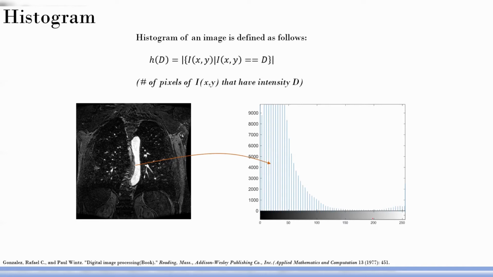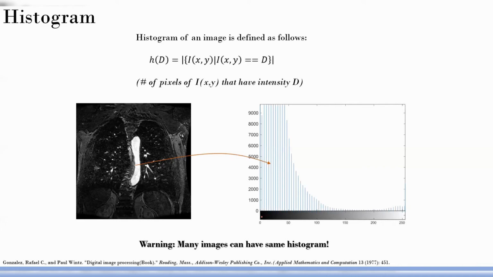Now I am going to give you a warning. The warning is: many images can have the same histogram. Read that sentence two or three times, because when we go to the histogram from an image, we are essentially losing the spatial information. The histogram only tells me that an intensity 0 is occurring, let's say, 9,000 times in the image, but it is not telling me where exactly these 9,000 occurrences are.